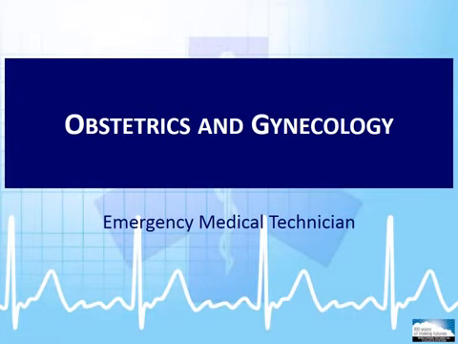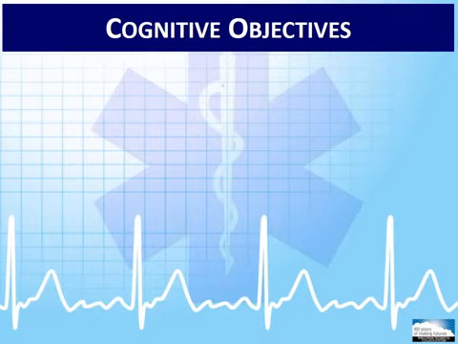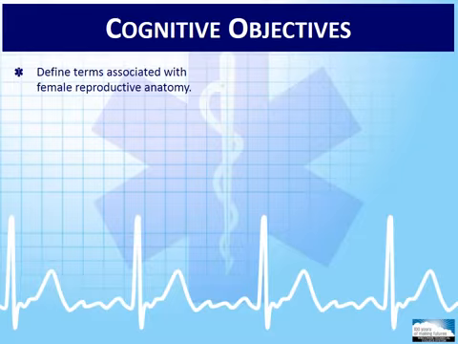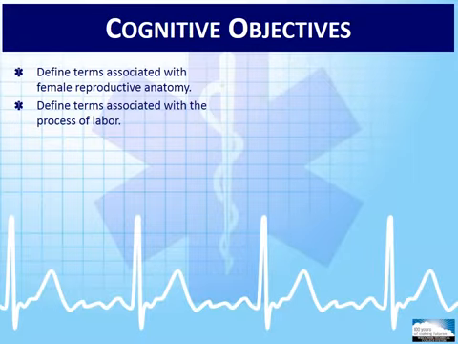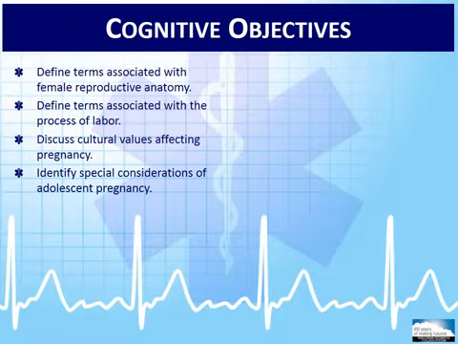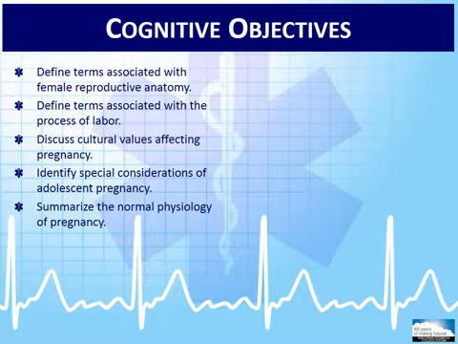Welcome to this module in which we will be discussing obstetrics and gynecology. Upon completion of this module, you should be able to define terms associated with female reproductive anatomy, define terms associated with the process of labor, discuss cultural values affecting pregnancy, identify special considerations of adolescent pregnancy, summarize the normal physiology